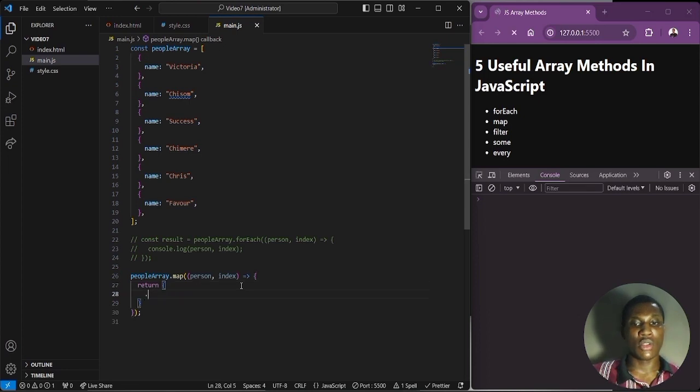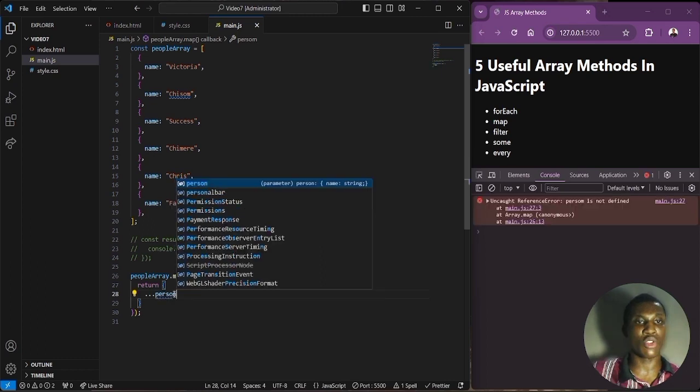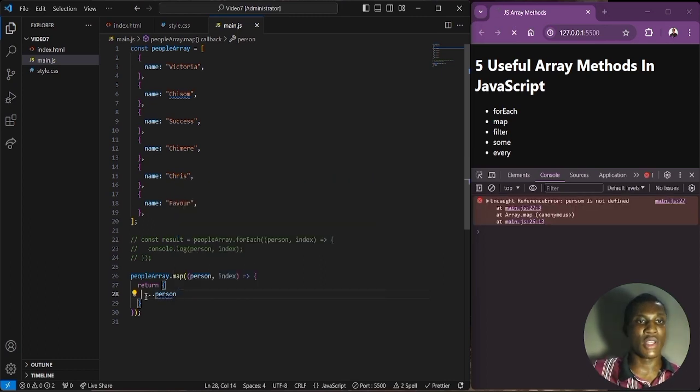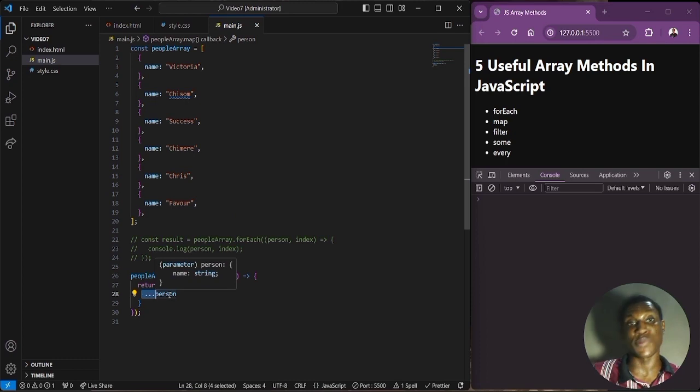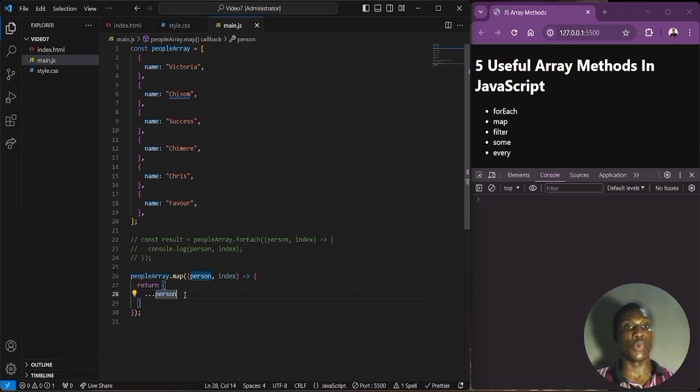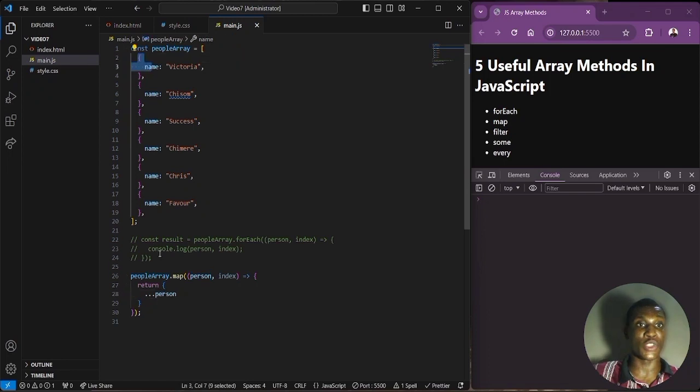You're returning this. In case you're not familiar with it, this dot is the rest and spread syntax. Particularly in this context, I'm spreading it. You can read up on rest and spread on MDN docs or anywhere at all. It's ES6 related stuff. So I'm basically just saying for each person, whatever is available in the person, just bring it back into